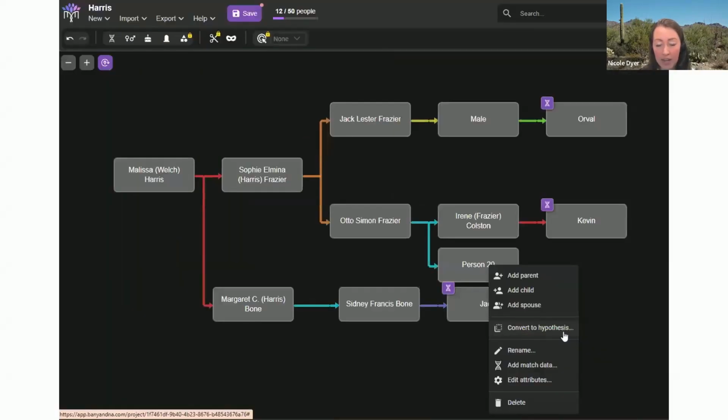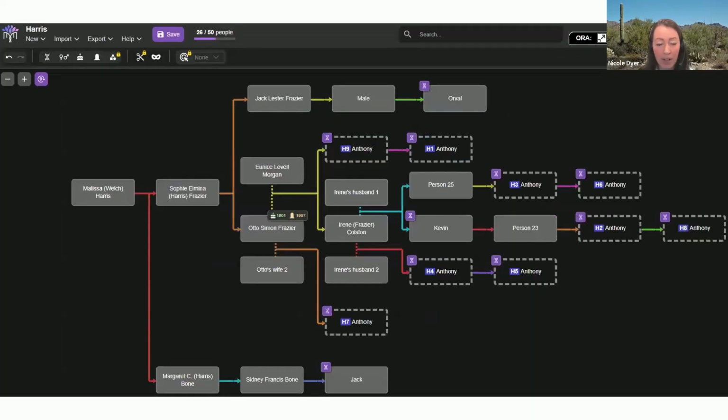Now that I've done that, I'm going to add some hypotheses for where Anthony could fit. So some of the different places where he could fit were like half sibling and uncle nephew and a bunch of those. So I put in all of those different hypotheses, and that took a little while, but I looked at